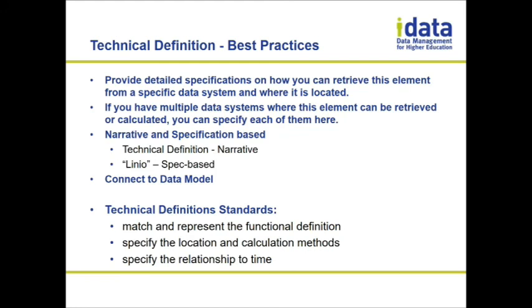Some of the standards there is that, and this is important, your technical definition should match and represent the functional definition. This is really important, sort of like the crux of this thing. Like if I have a technical definition that explains what a formatted name is specifically, and a functional definition, and I have a technical definition that if I were to execute it didn't give me that same thing, then I've got a bad definition. So that's the most important thing. It should talk about the location of where it is and its calculation methods, and then also talk about